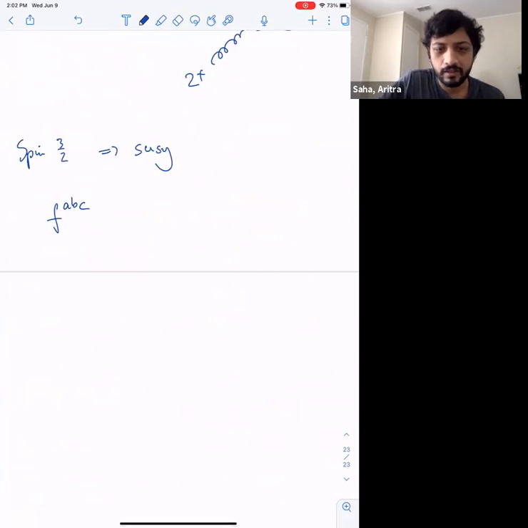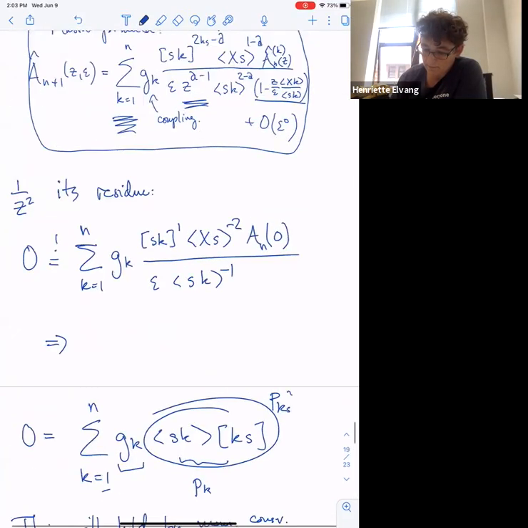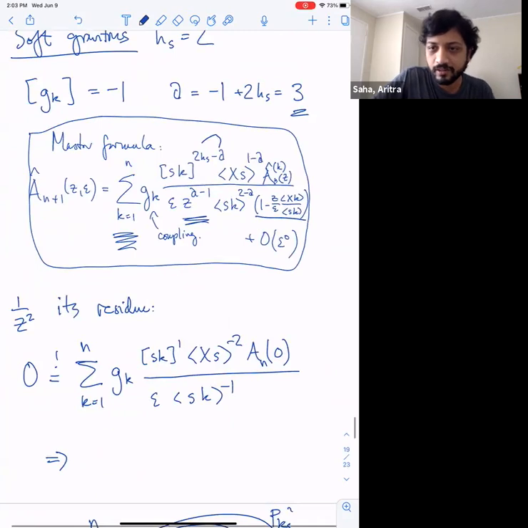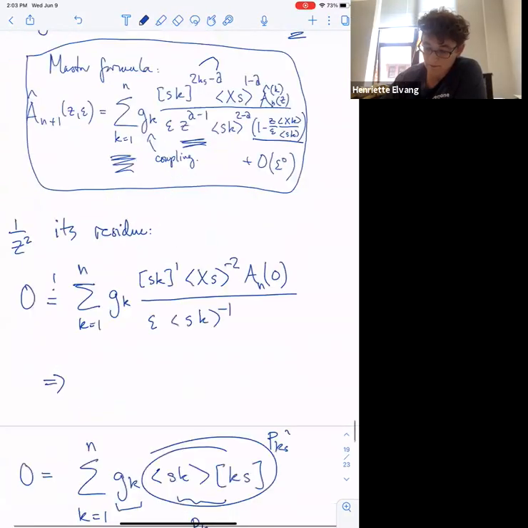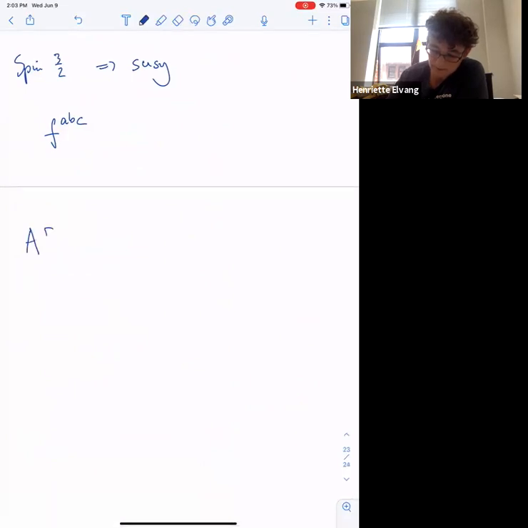I had a question. So when you were discussing the master formula for soft photons, can we use that to also describe the soft gluon theorem? Yes, you can. And we don't have to worry about any color ordering or anything. When you do the soft gluon theorem, and that comes back to the exercise that we did before, if I'm looking at a gluon amplitude with some particular color ordering,